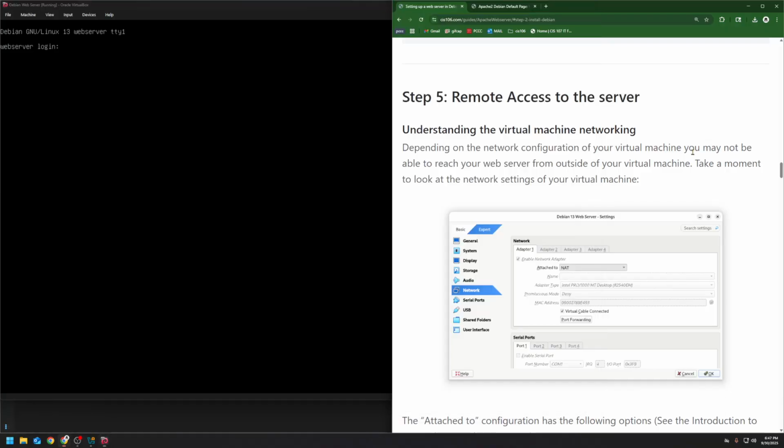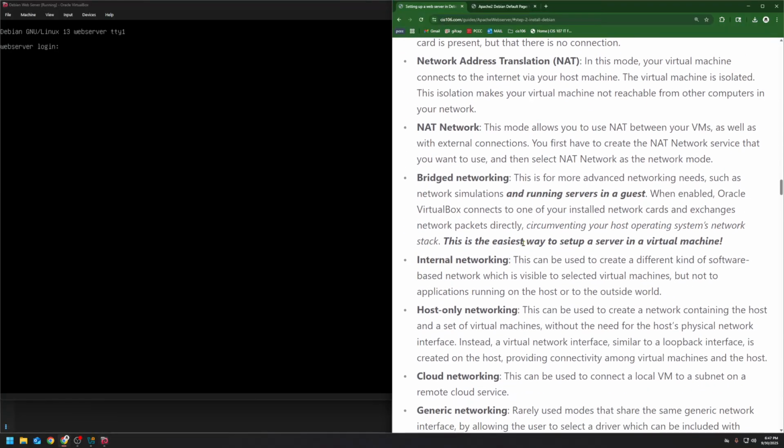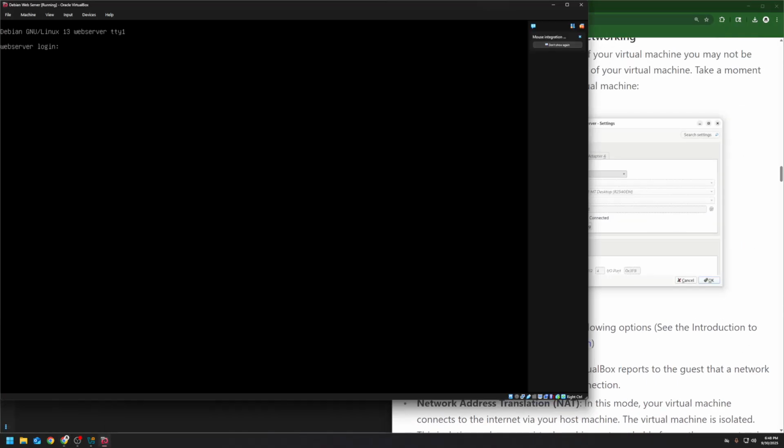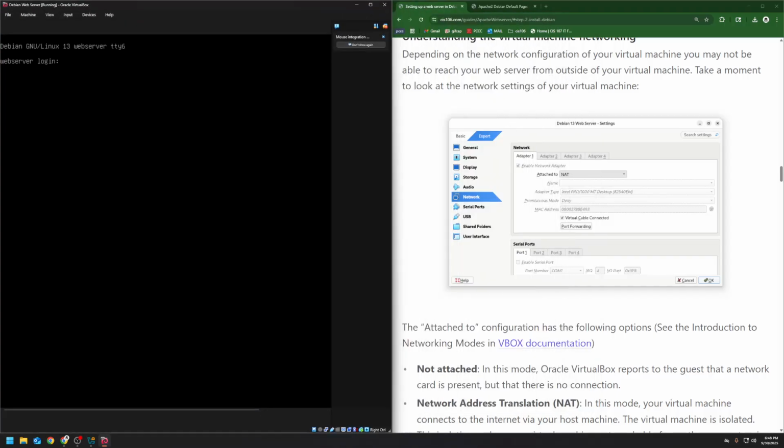All of that is explained over here as well. So if you want to read on it, please read on it. So let's move it on the side and let's sign in. Wrap